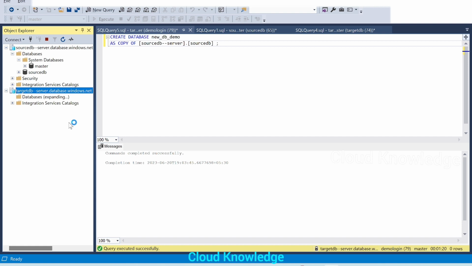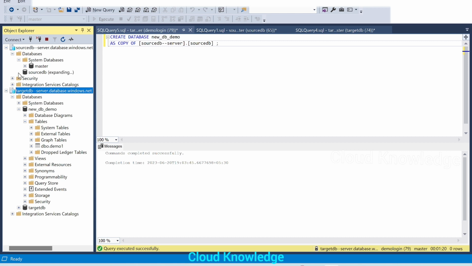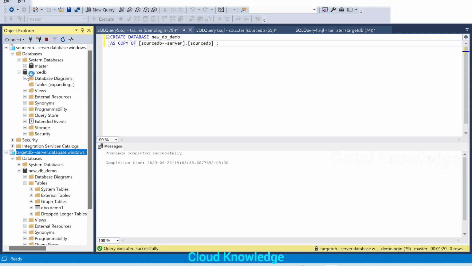And if we try to expand the databases here, we could now see the new DB demo is created. If we expand here, the new DB demo, and open the tables, so this is having the same table demo1 as the source DB, because the source DB is having the table demo1, which is the table present in the source DB.